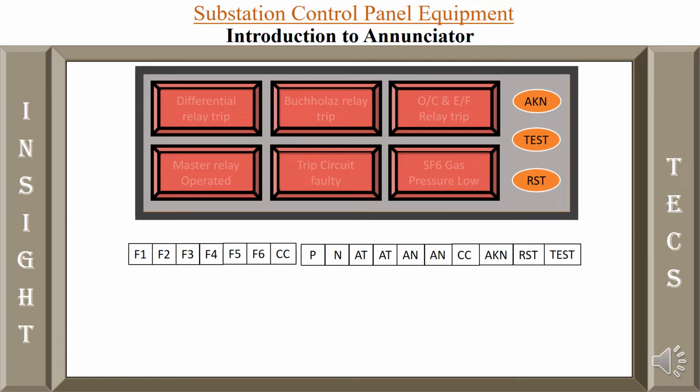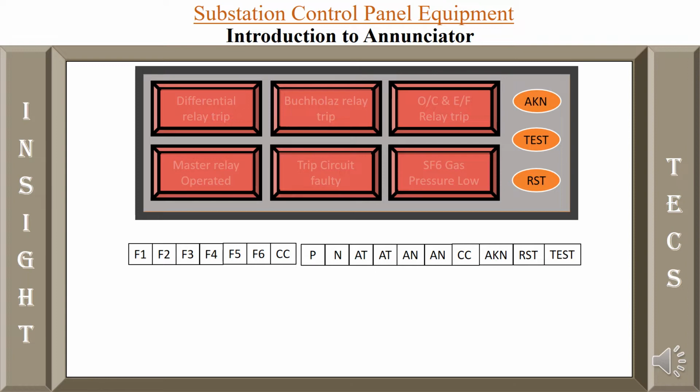So what does this annunciator indicate or announce? As its name suggests, it announces something. An annunciator announces the type of fault that has occurred on the equipment which it is protecting.